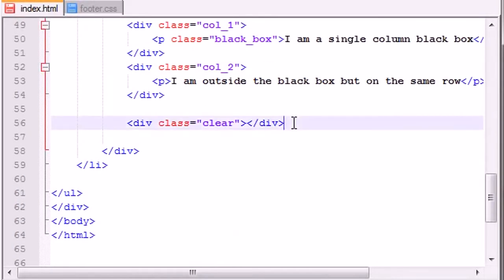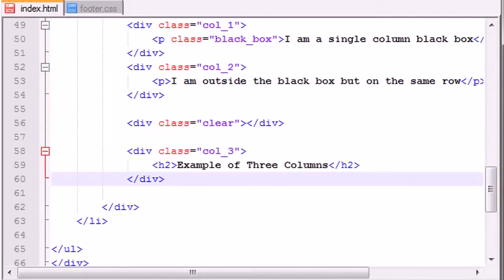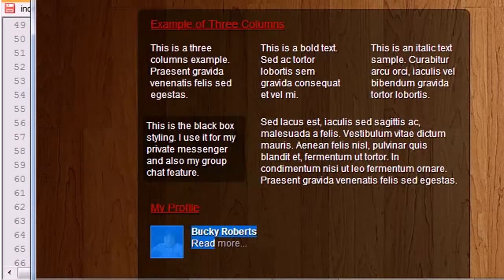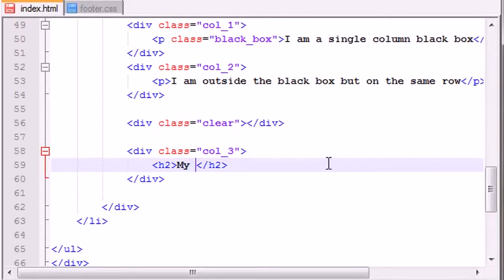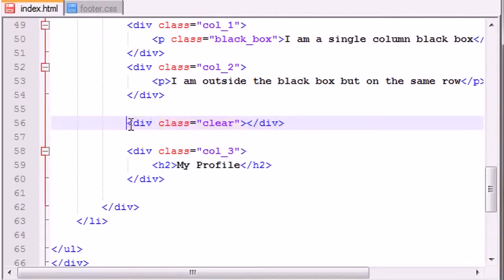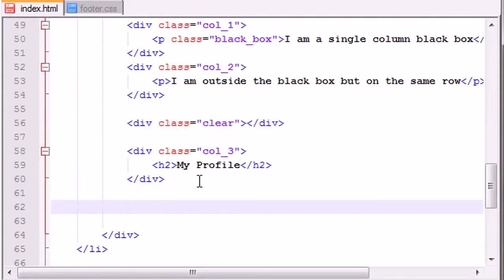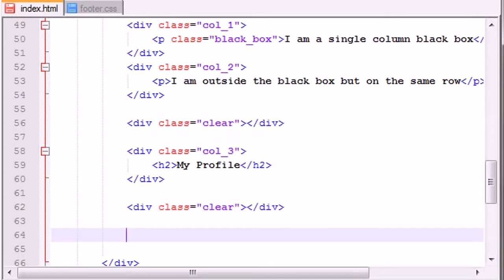Now we can just go ahead and add another heading. And what did this heading say? My profile. Alright. So this would say my profile. And now let's go ahead and clear that. You guys are probably getting the hang of this by now. So clear that. And the last thing that we want to do is add another